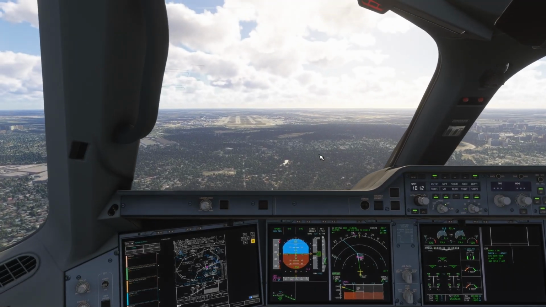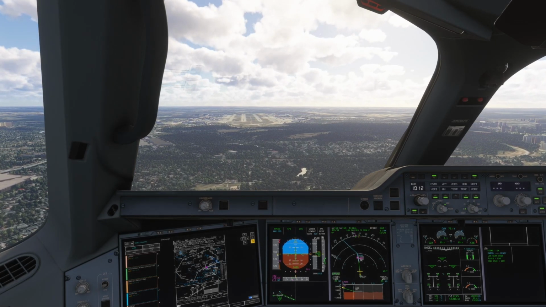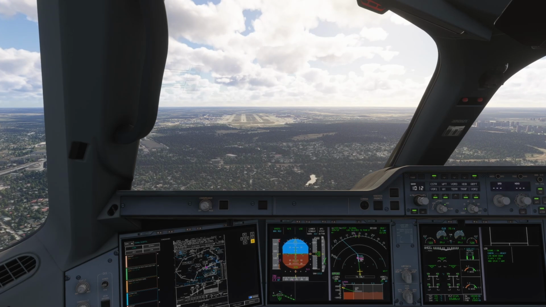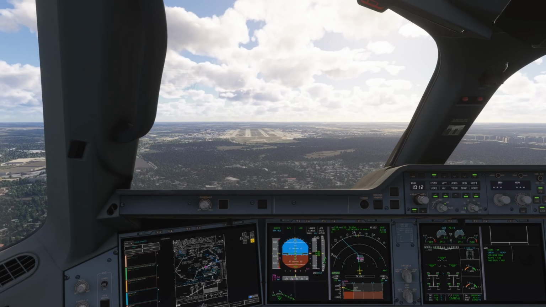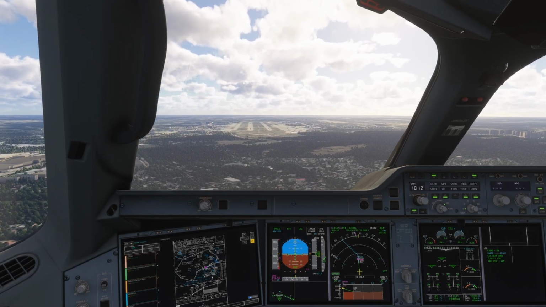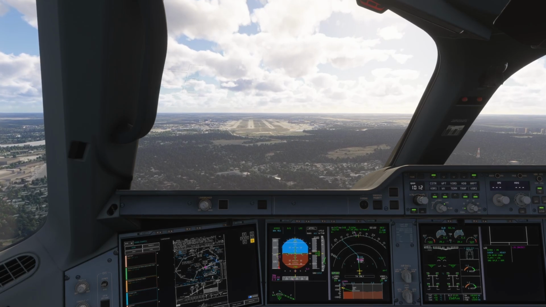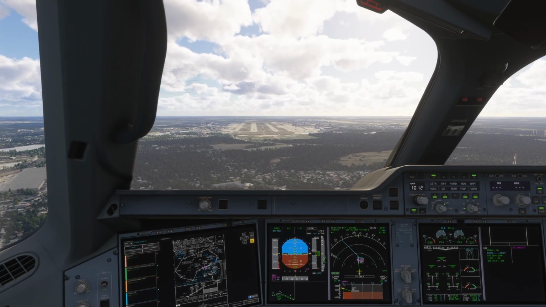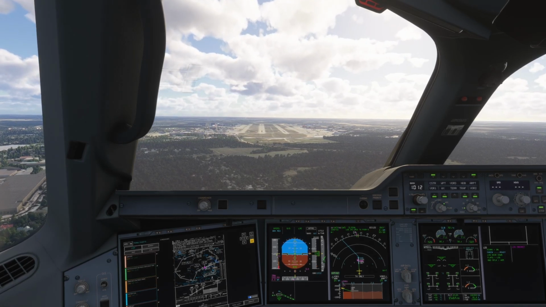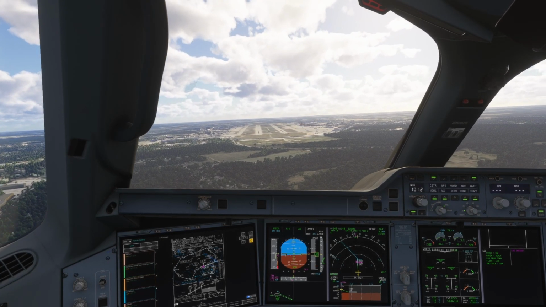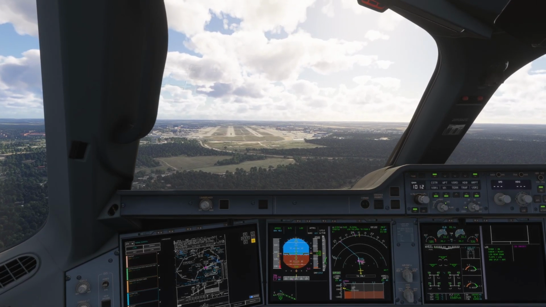We have a slight crosswind. The winds are gusting at around 23, over 10 knots, so gusting over 10. Alright, time to disconnect the autopilot. I'm gonna hand fly this plane here. Alright, I guess the crosswind has calmed down a bit. It's still okay. Wait, sorry, that's my rudders.